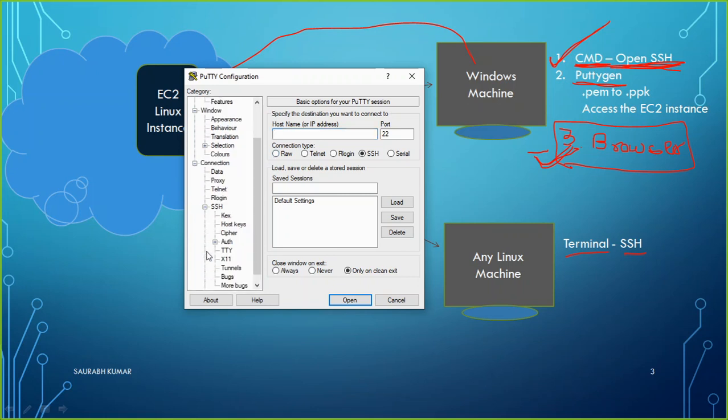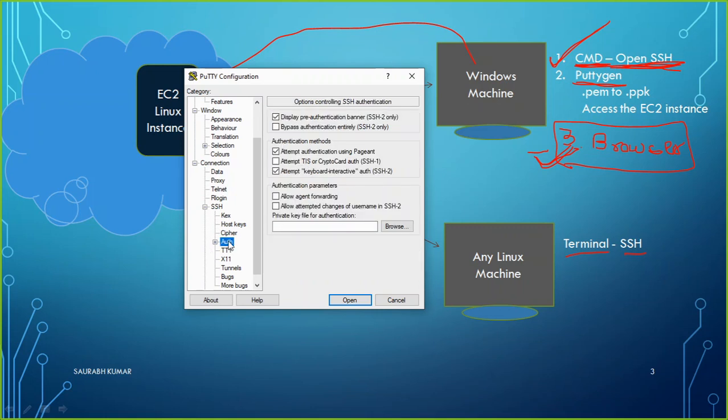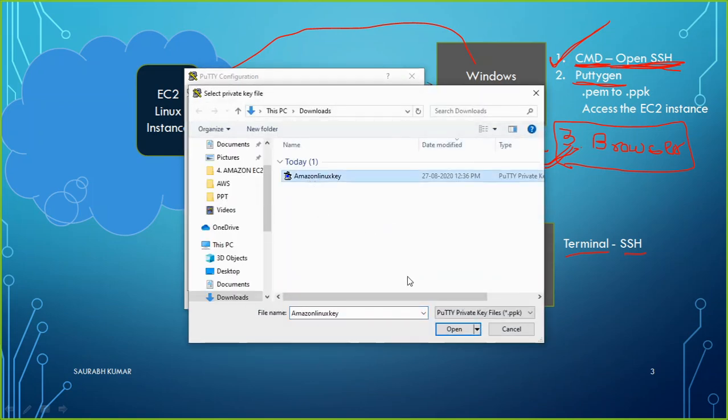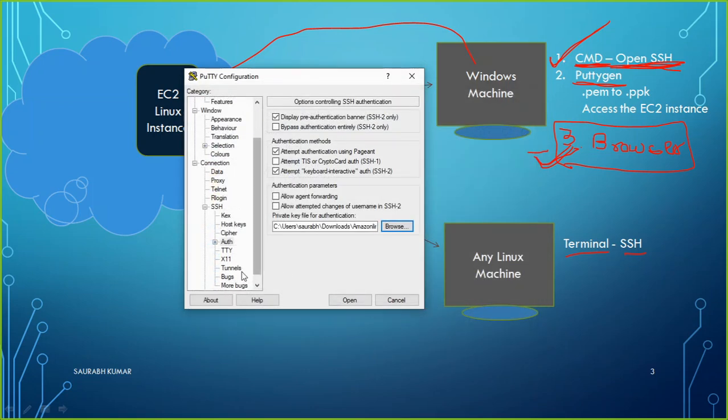In SSH you go to the authentication option, and you add that ppk file here. So go to browse, ppk file, open. Meaning that whenever you do any SSH connection with the help of Putty, it will use this authentication key which you have attached.